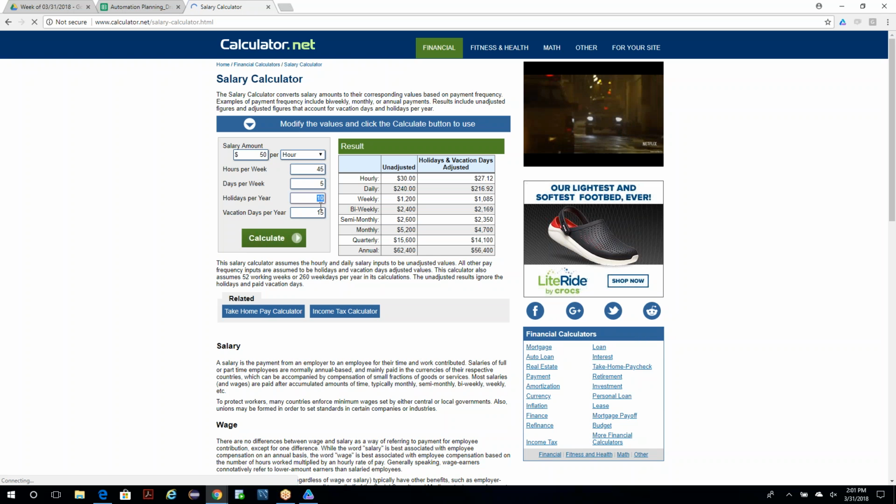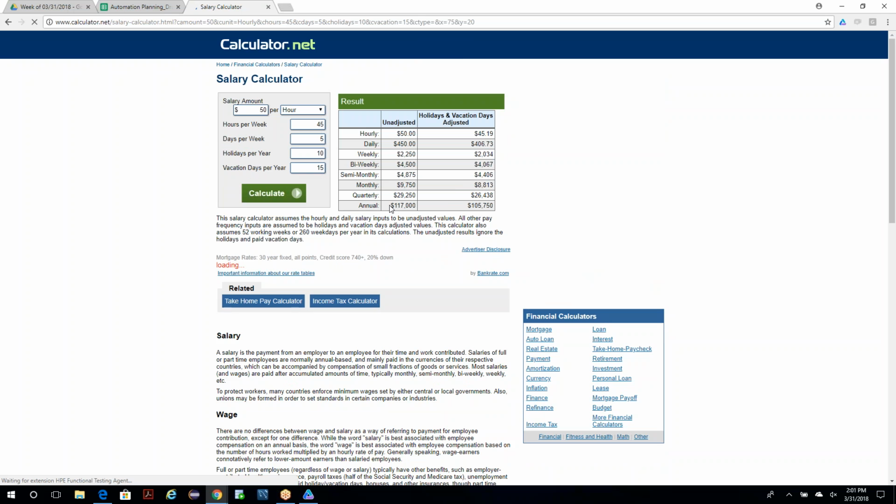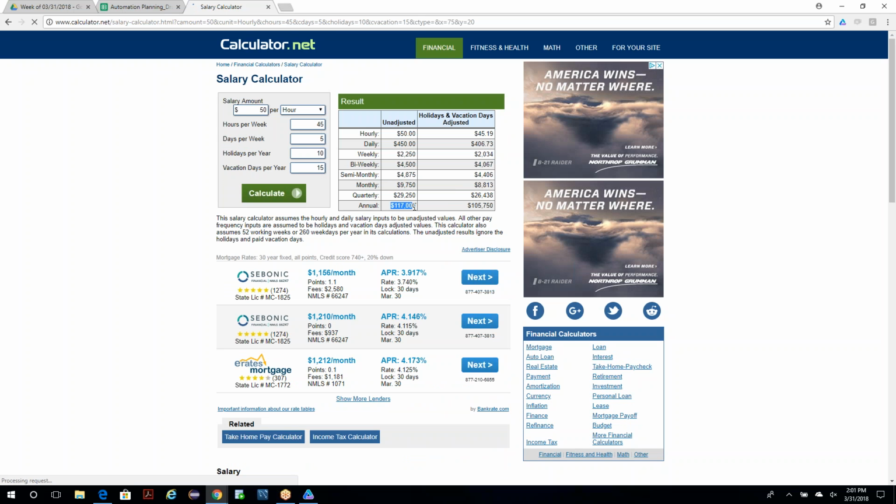So it calculates the number of days you will be on vacation. These are paid vacation, let's say, and I click on calculate. It's actually still calculating. It's saying my annual salary would be 117K, and that is unadjusted, and it gives the details of what it means. So basically it just calculated based on the input I provided, and also provided some information based on